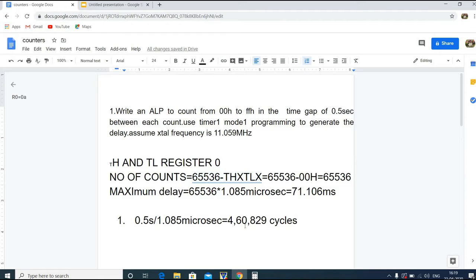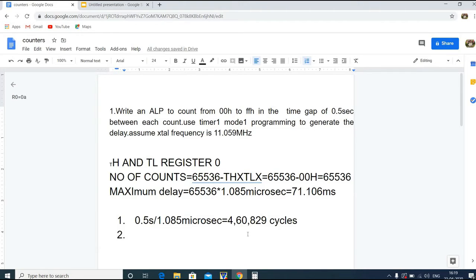So now we know that the maximum value that can be loaded into the timer's register is just 65,536, but to get the delay of 0.5 second, here we got 460,829 cycles. Now we need to find out what value should be loaded into THX and TLX register, and what value should be loaded into the general purpose register. That is very simple.